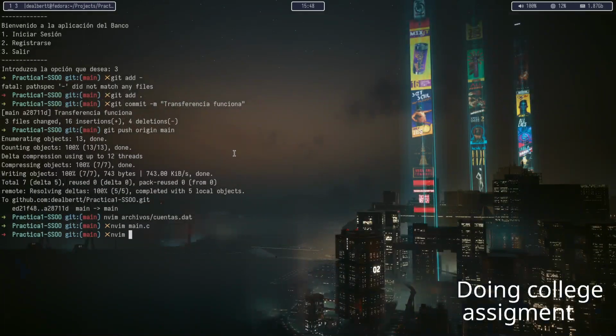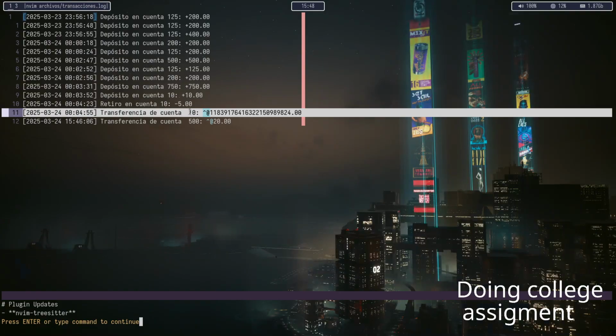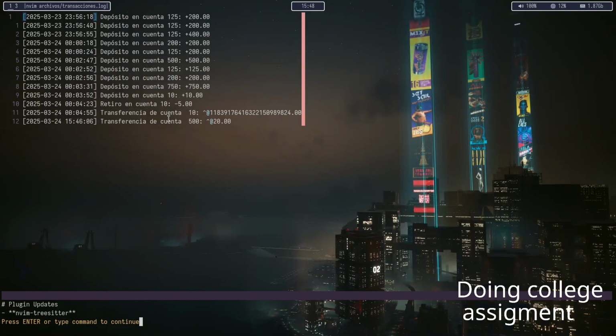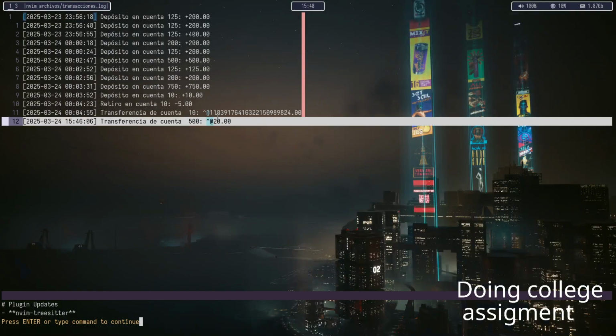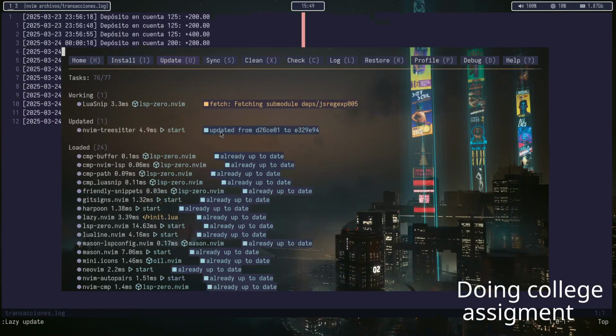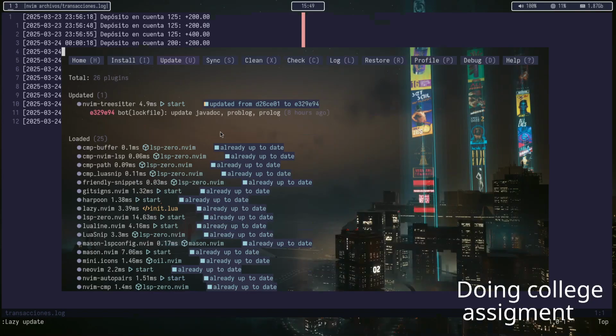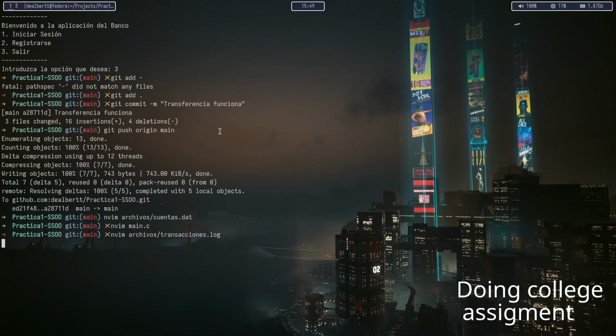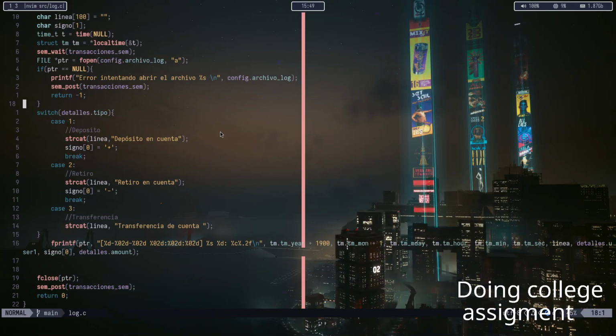Okay, so now there should have also been, just here, transferencia. Okay, so what is this? It doesn't really know what to do. Okay, so I gotta change that. Let me just update this thing. It's always the tree sitter that is updated. Anyways, like that. Okay, so it doesn't really know what there is to be put here. So this is interesting because